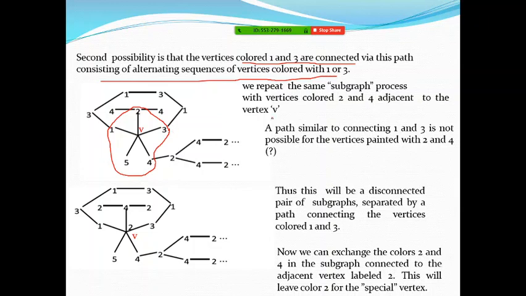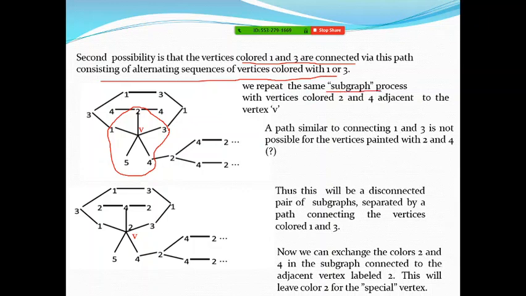So the next logic is, when the path was not there, that case is solved. Yes, we can color that graph with 5 colors only. But the only problem is when these vertices 1 3 1 3 are making a path. So when this path is there, how do we do the coloring with 5 colors only? Then the argument is